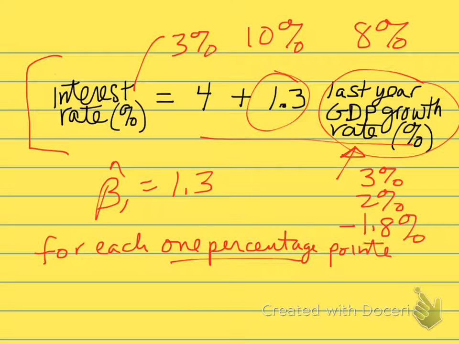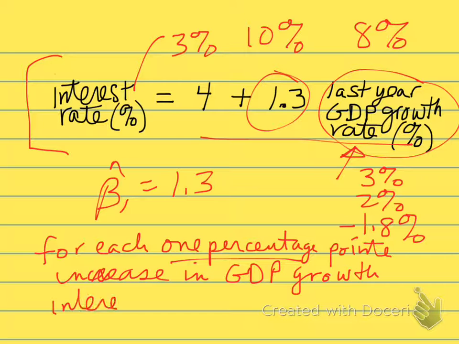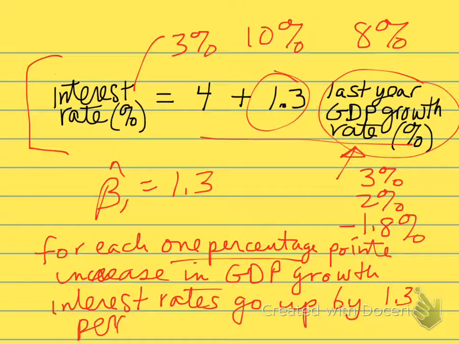So for each 1 percentage point increase in GDP growth, what happens to interest rates? They go up. Interest rates go up by 1.3 percentage points, because the interest rate is also measured in percentage points. So you have to know what the unit is to be able to interpret the regression. So in this case, both of our units are in